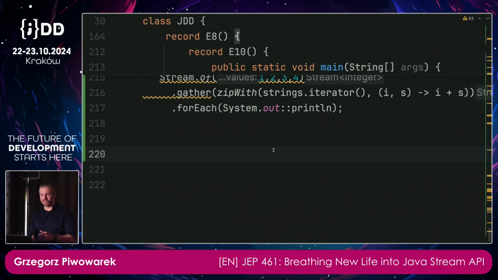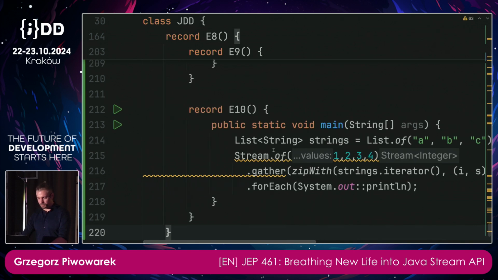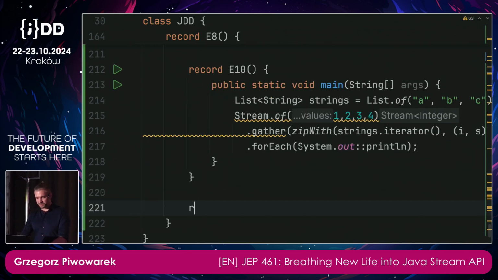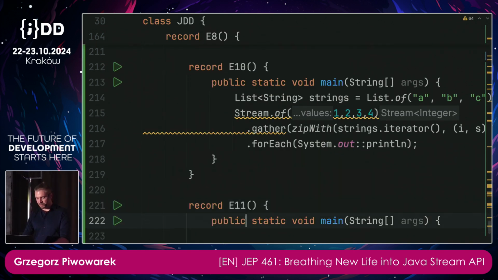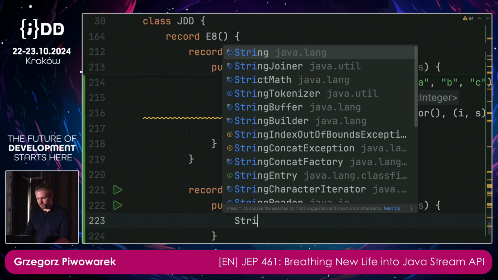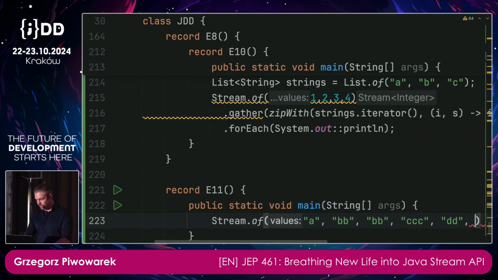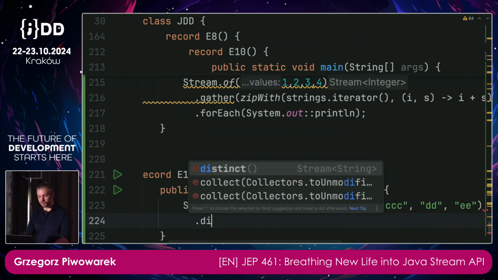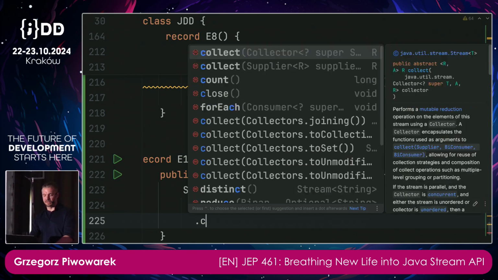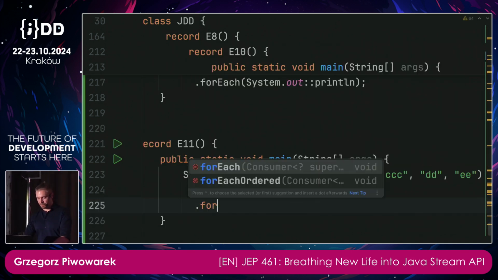Let's try to do something else. So one of the most highly requested features was distinct by. What is it all about? Let's see. So imagine you have a stream of strings: A, BB, BB, CCC, DD, EE. So what you can do is you can call distinct and then print them out. However,